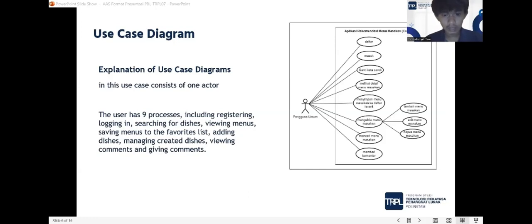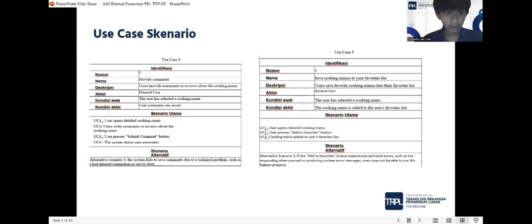Okay. Next is the use case scenario. Name: provide comments. Description: the user provides comments about the cooking menu. Actor: general user. Initial condition: the user has selected a cooking menu. Final condition: user comments